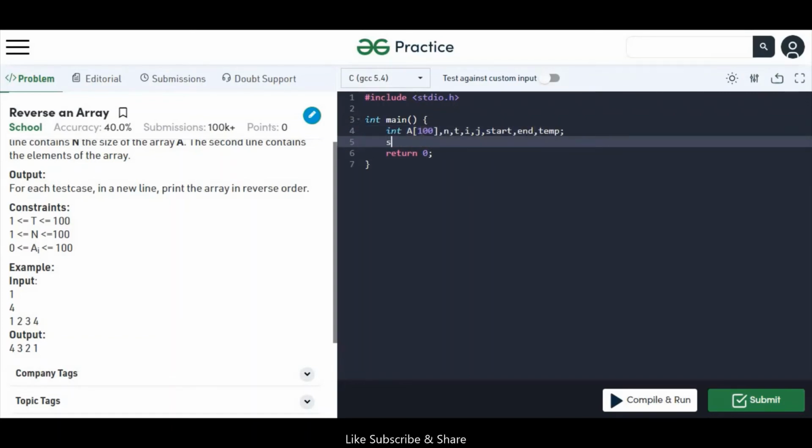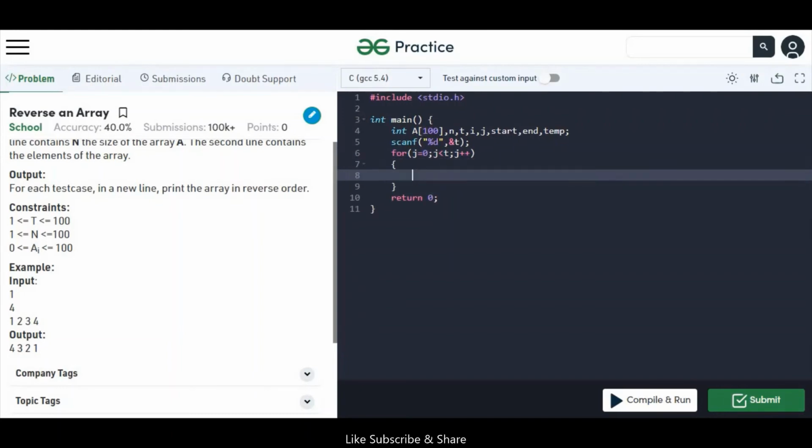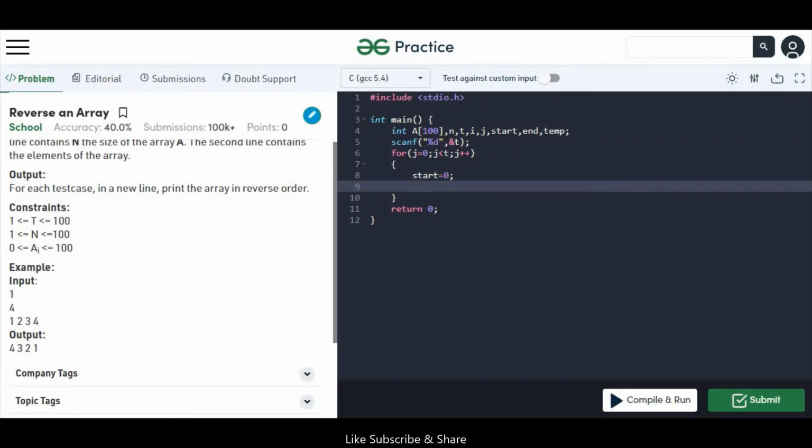So scanf percent d for t. This is for the test cases. Take a for loop, j equal to 0, j less than t, j plus plus, and start is assigned 0.